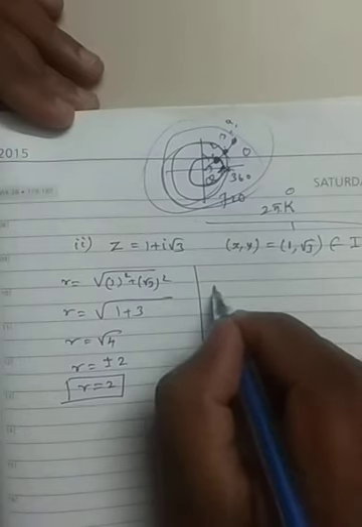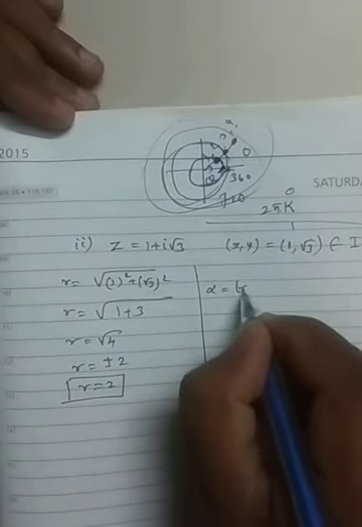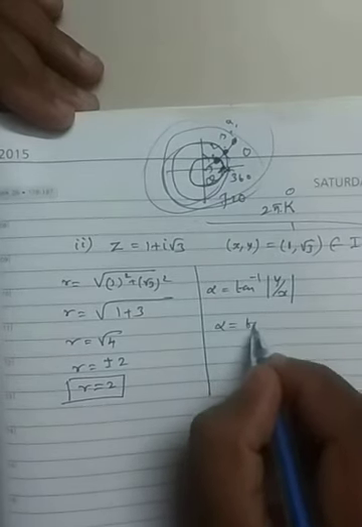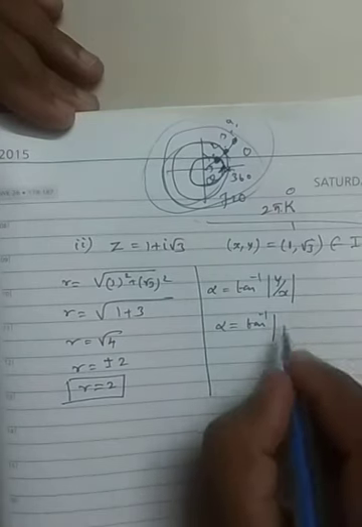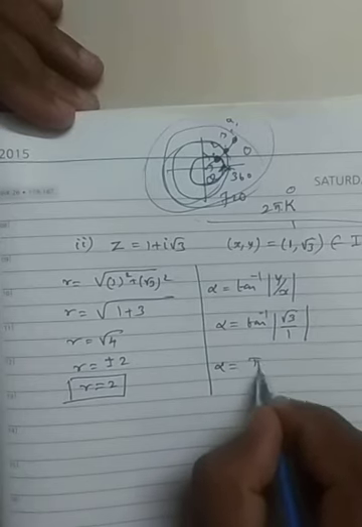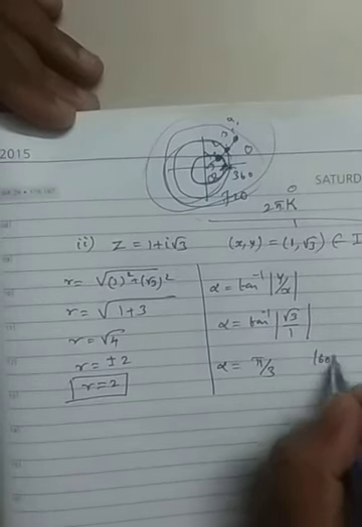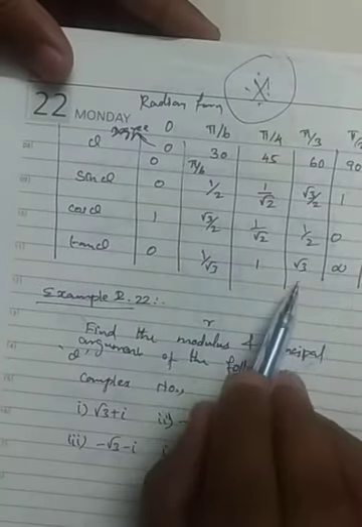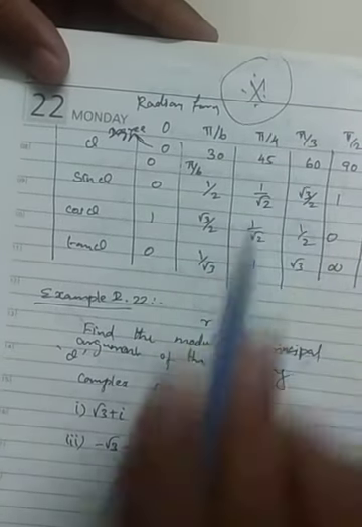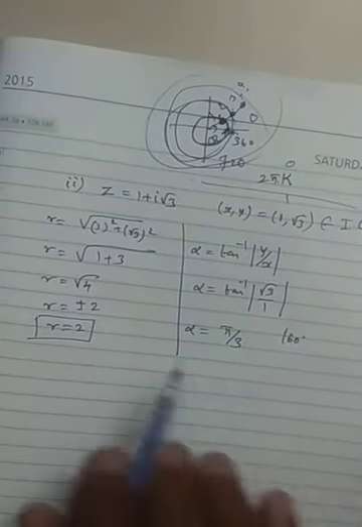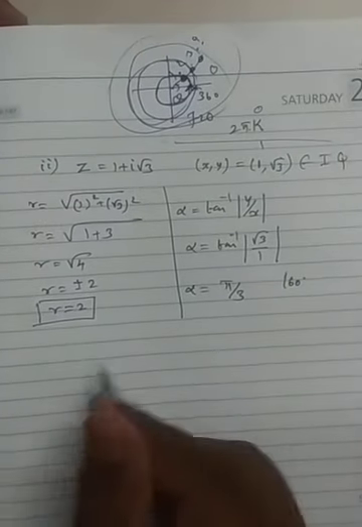Next we are going to write alpha. Alpha is equal to tan inverse of mod y by x. So here alpha is tan inverse of what? Mod y value is root 3, by 1. That is nothing but alpha equals pi by 3, which is 60 degree. You can see your table: for your understanding I have written here tan 60 degree is root 3, so root 3 corresponds to pi by 3. Since it is the first quadrant, theta is alpha. Now you write the polar form.